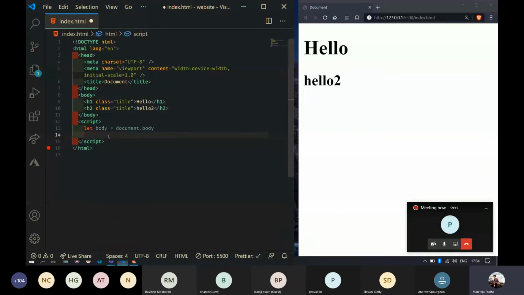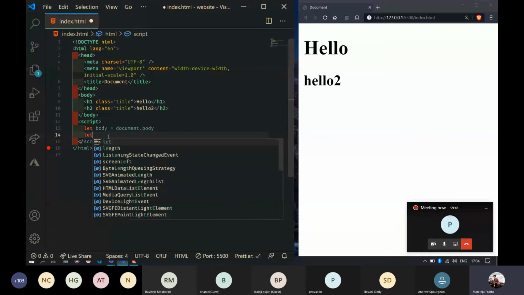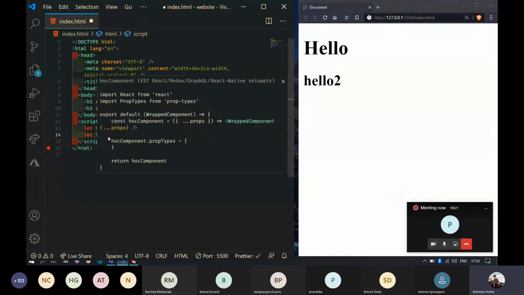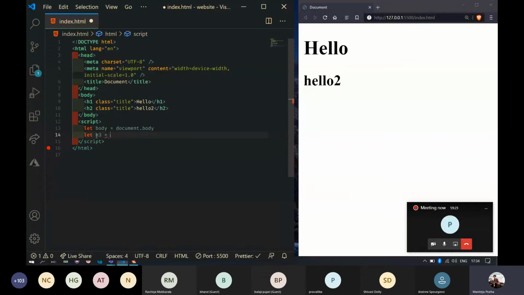So first of all you need to create the new element which you want. For example, I want to create an h3 tag. Let h3 equal to, you can give whatever name you want, like my new element, equal to document dot create element.